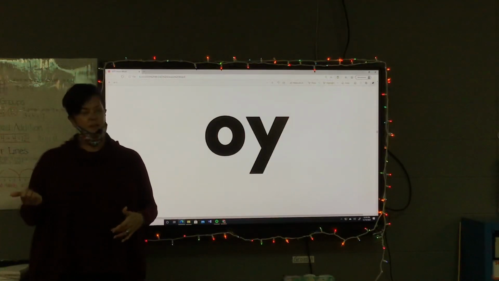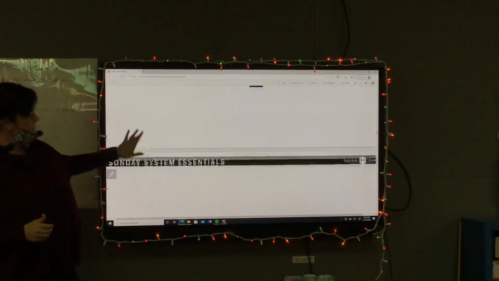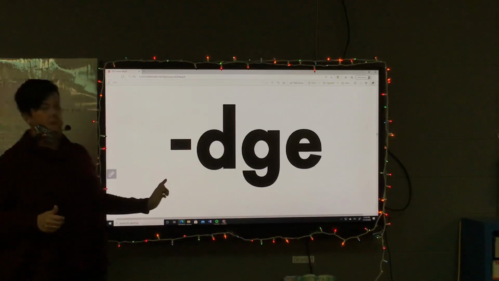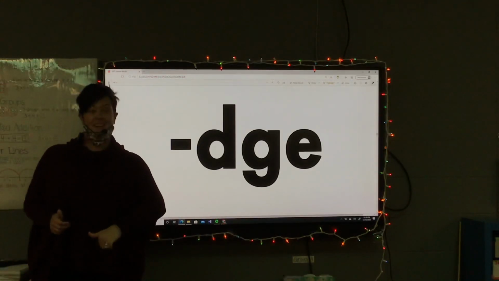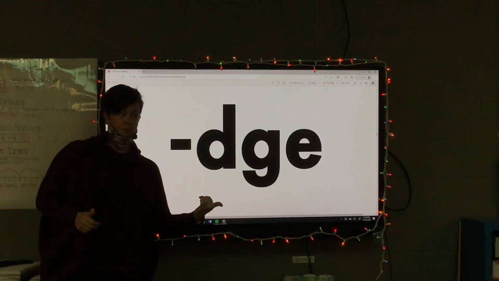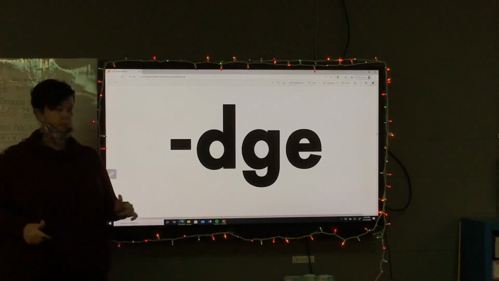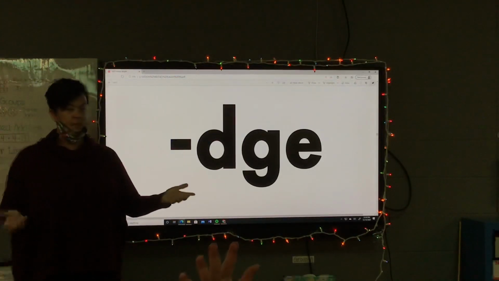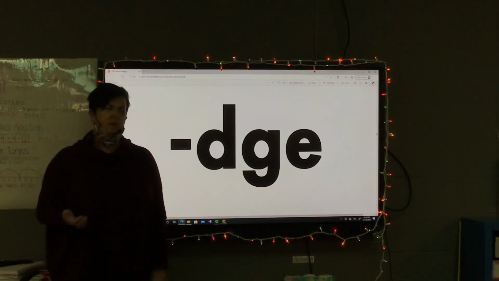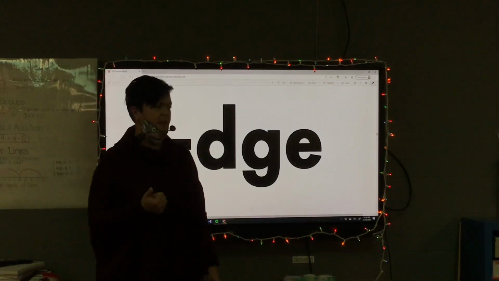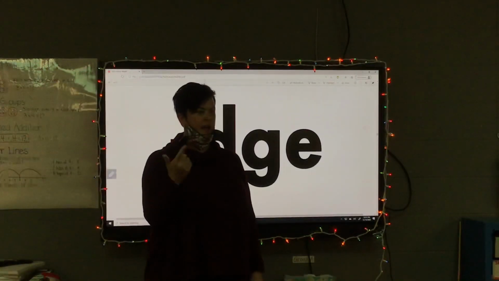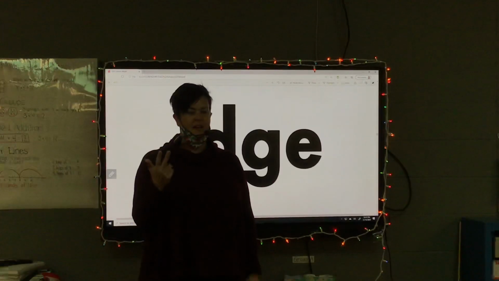Occasionally, it would be at the beginning. J. At the end of a word, but what's right in front of this J, everybody? Short vowel. And our short vowels say A, E, I,